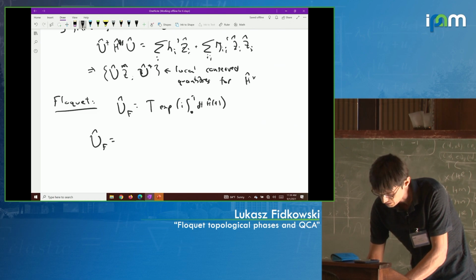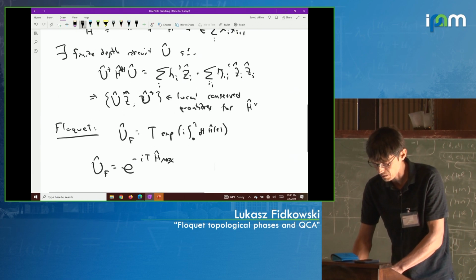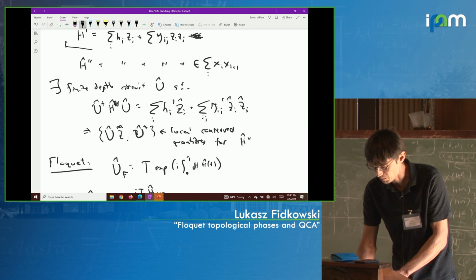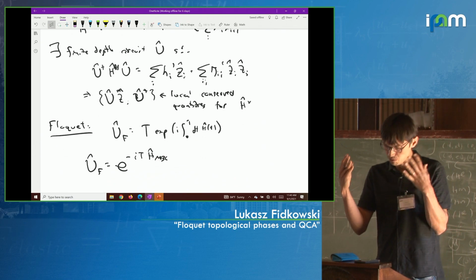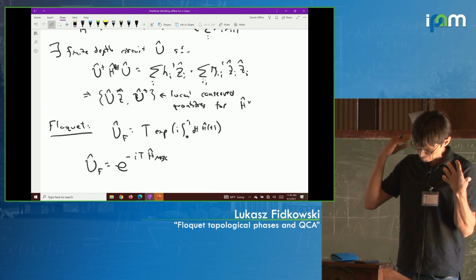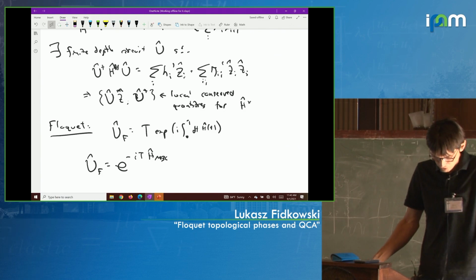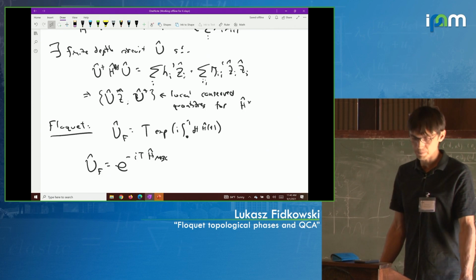It's basically that the Floquet unitary has the form e to the minus i t times H_MBL, where H_MBL is precisely something of this form here that has this MBL property. So in other words, H_MBL has lots of local conserved quantities, and the Floquet unitary at finite time is equal to just the exponential of that over a single period. So the Floquet unitary itself, therefore, also has these local conserved quantities.